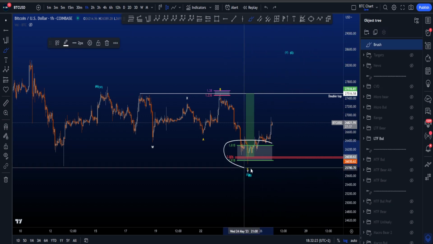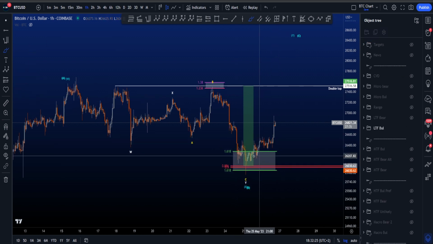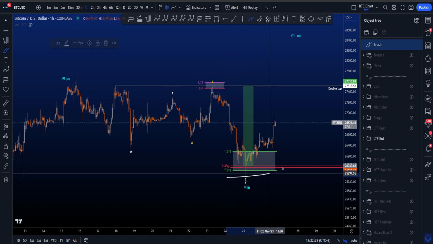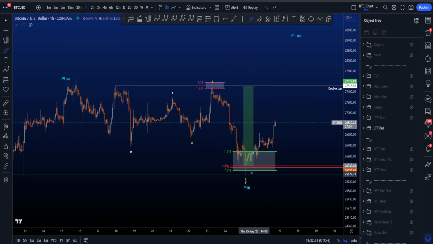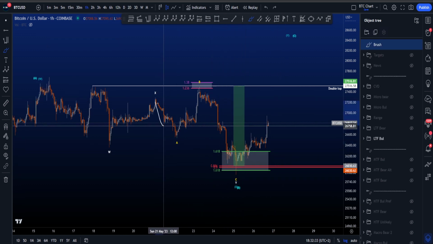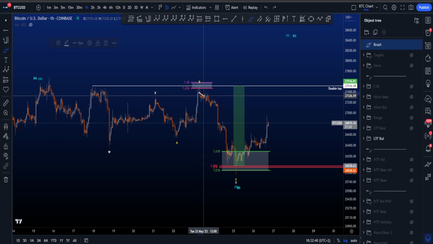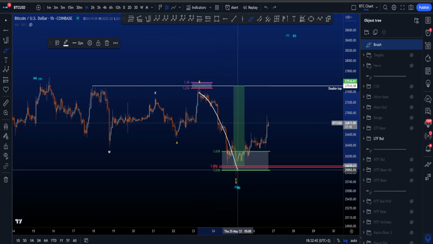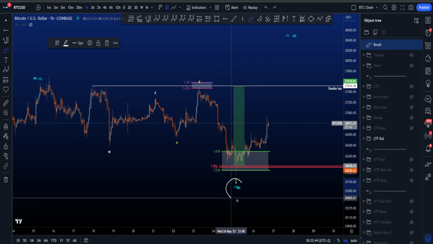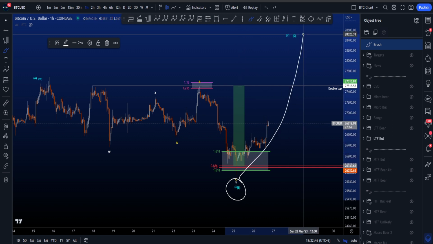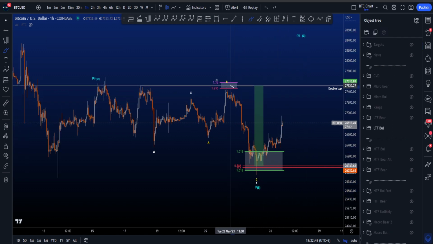We were looking for support over here inside that white box area between the two 1.618s as well as the 0.886, because this was the target area for an expanding flat. And that is the yellow count that you see, a three-wave A, three-wave B, where the target area for wave B was very nicely respected indeed, for then a five-wave impulsive structure to the downside in a wave C, which is then also finishing the blue XMB, and then we're looking for upside, where the target is at least